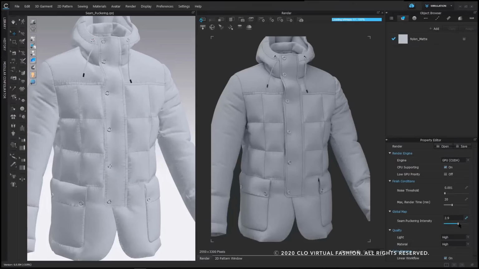I'm going to increase this number all the way to 5 and refresh my window, and you will see the change in the puckering intensity apply to the entire garment. So this is going to affect all of the puckering that is applied to your garment, even if the puckering is made up of different puckering types. And then the opposite would be taking this number down to 0, which will cause the puckering to be hidden